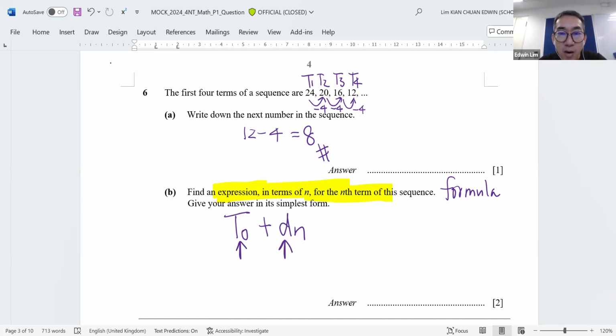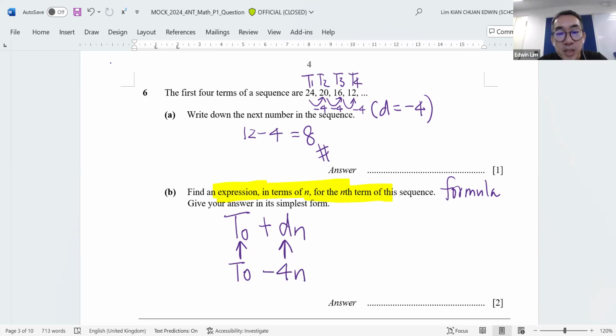All right. D is very easy. You actually have found it already. Every time we move from one term to the other term, in this case, we are actually doing a minus 4. So minus 4 is actually my D. So I will replace my D with a minus 4. So right now, T0 minus 4. And